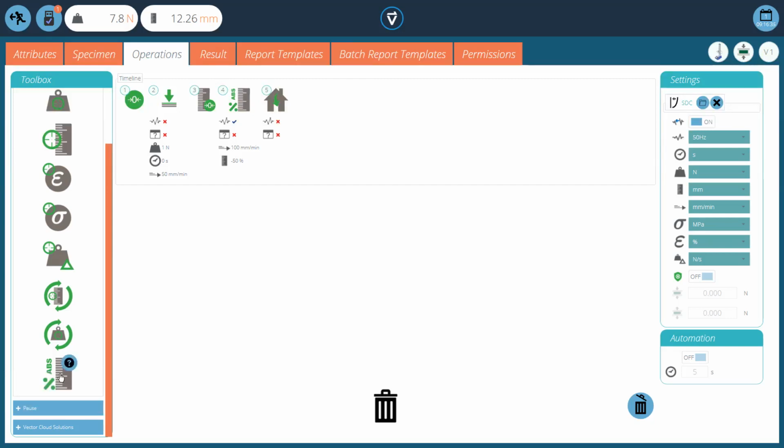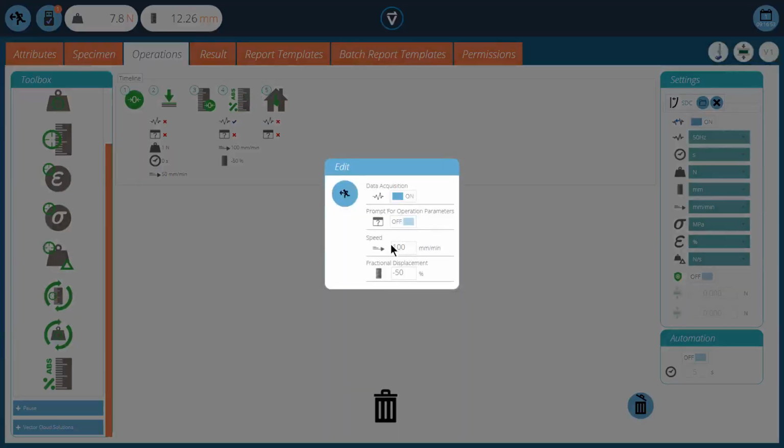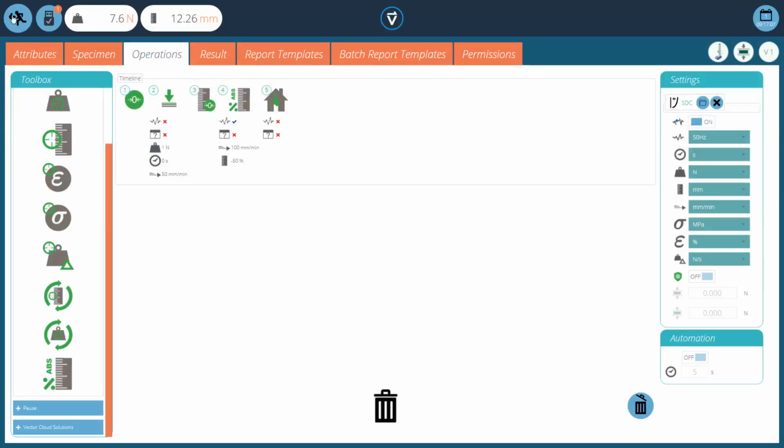So I've created a test. In this test I put it in position number 4. So our test is tare all values, a touch on of 1 Newton, touch the top of the sample, 0 displacement, and then we're going to compress to a percentage from the absolute. This time we're going to compress by minus 50%, so we're going to compress the sample by 50%, and then we're going to return home. So if we exit out of here, we'll save our changes,